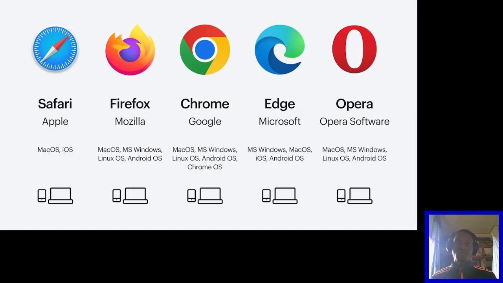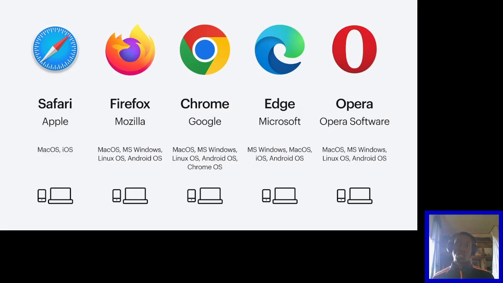Clients are web browsers. Now, the information that is stored on those servers is mostly web pages, but it can be of other types like media files, among others. So, on the image, as you can see, we have many browsers. Actually, we have Safari from Apple, we have Firefox from Mozilla, we have Chrome from Google, Edge from Microsoft, and